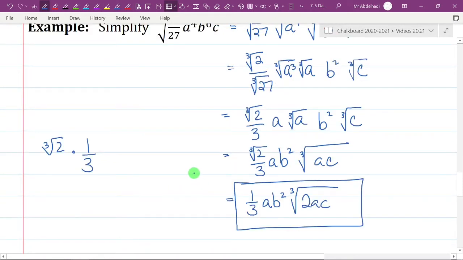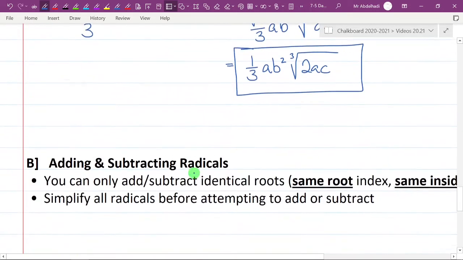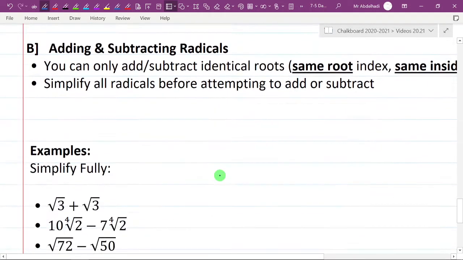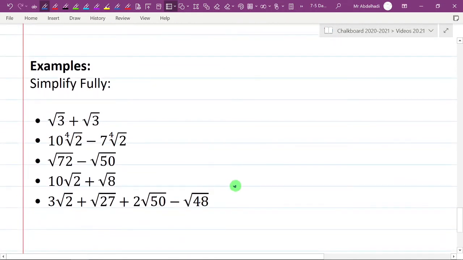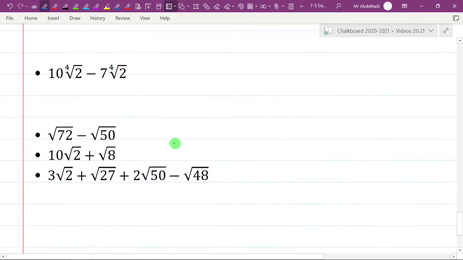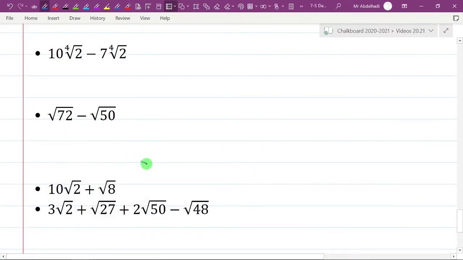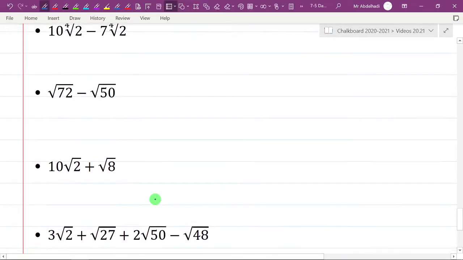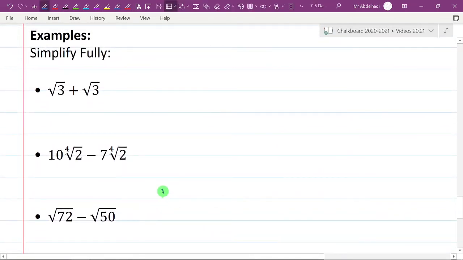Okay, so the next section is going to be all about adding and subtracting radicals. Now, we said before that we're going to simplify these so that we can add and subtract them. Now we're going to actually add and subtract them. So there are a couple of really important rules that you have to keep in mind when you're adding and subtracting roots. You can only add roots that are the same root,